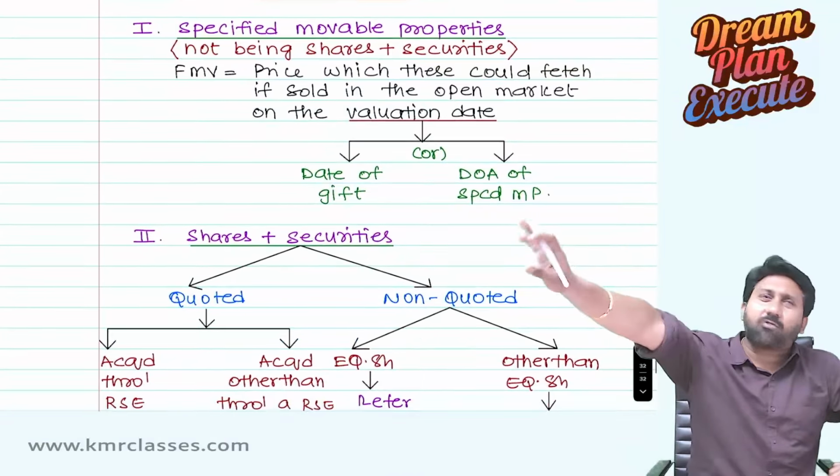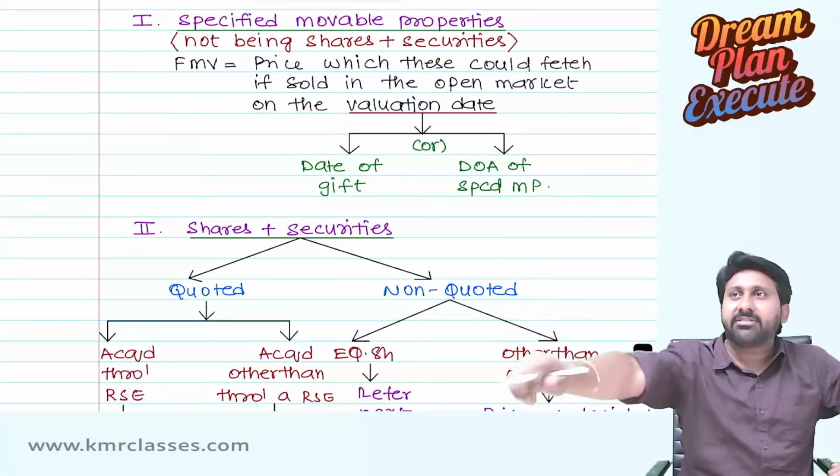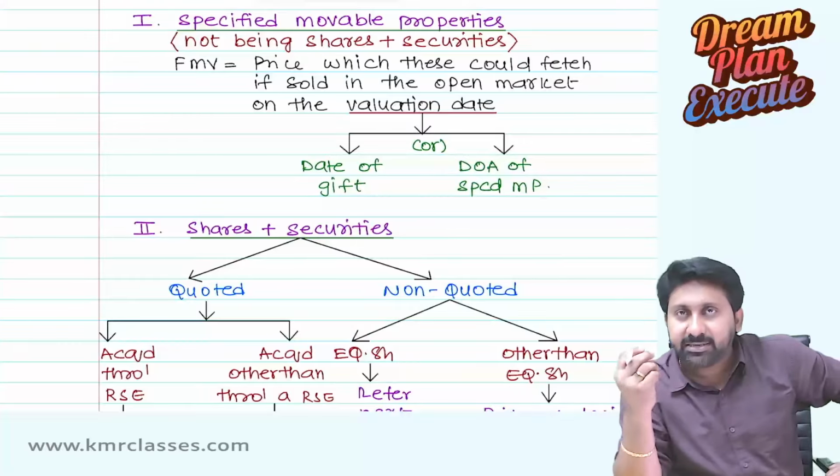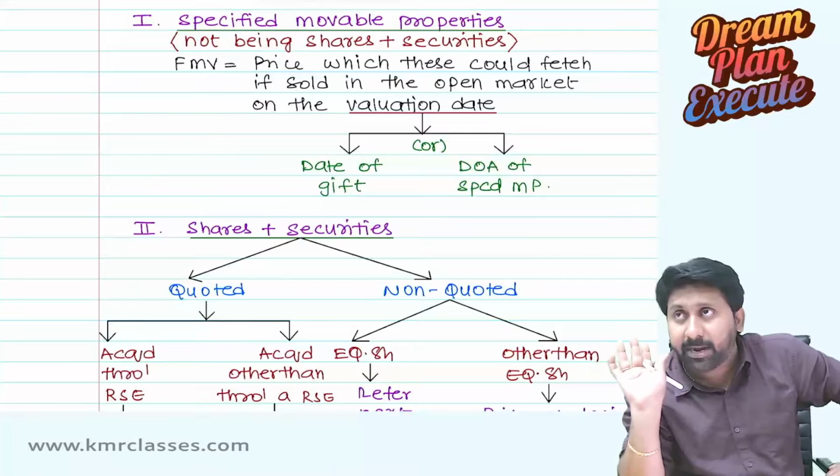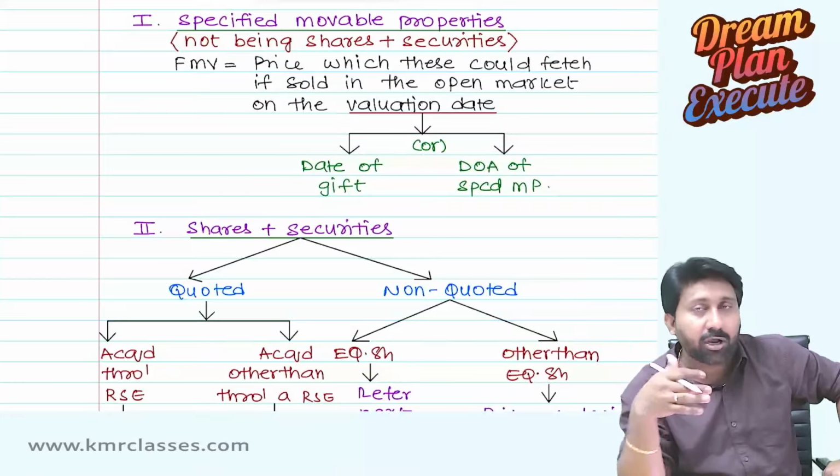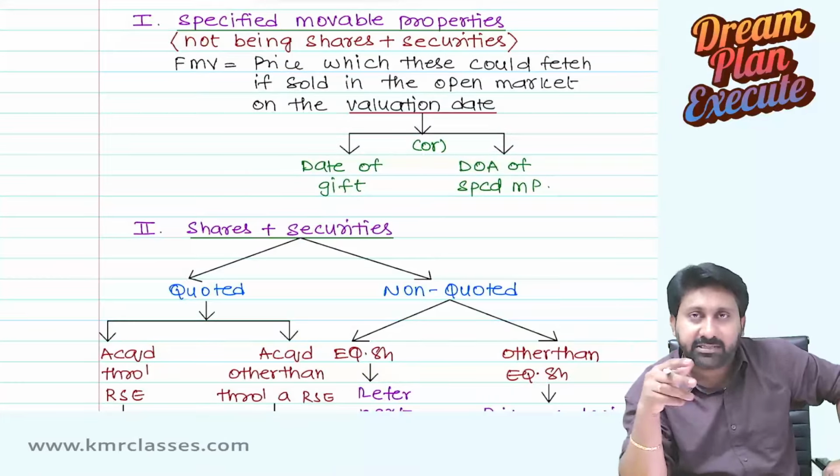That date you need to take. Normally, it is whatever price it is fetching in the market. For example, there is a painting. Go there and ask about the value of the painting, and they will tell you one value. That will be the fair market value. Fair enough. But when it comes to shares and securities of a company, they are divided into two categories: